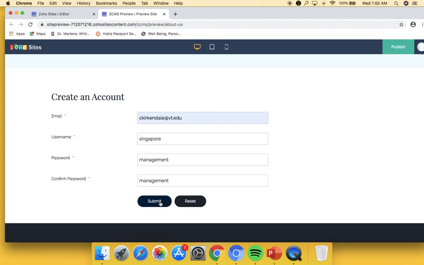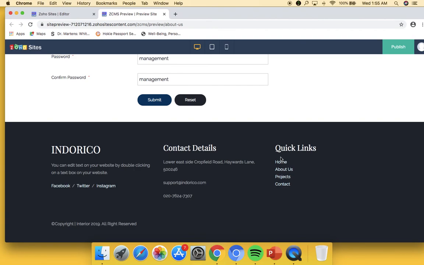Submit. And since this is a preview, data records won't be updated with the input we just created. But if you were to publish,